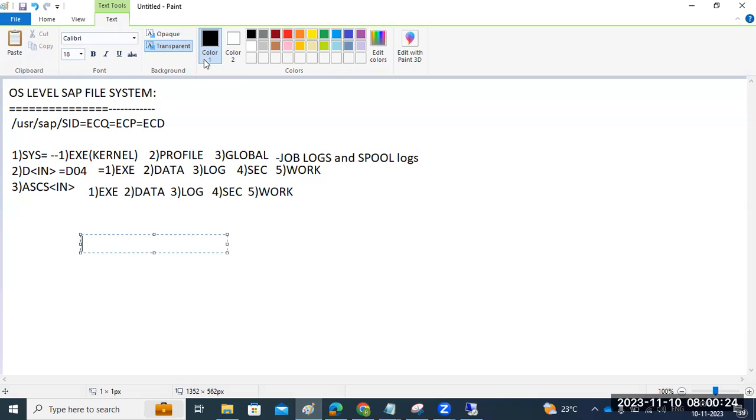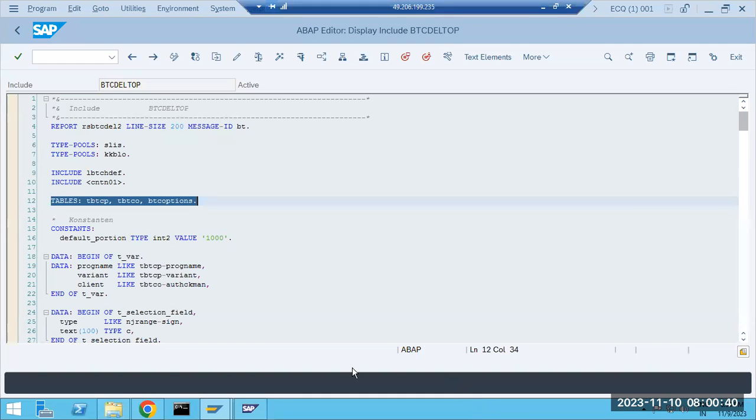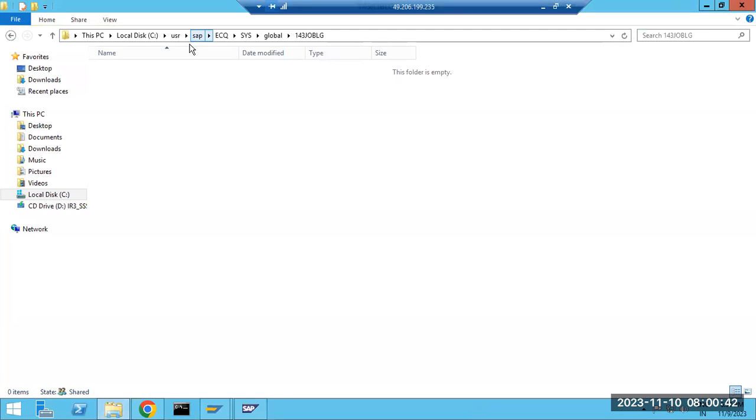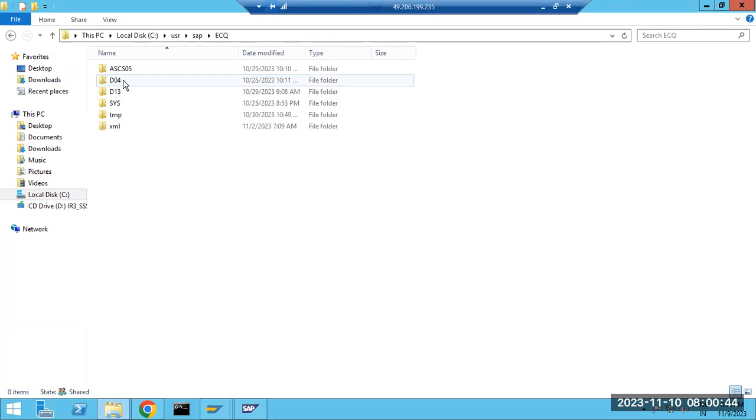Hello. Yes, tell me. You have told that in /usr/sap/system ID, in that system ID, there is the application server ID and ASCS, and we have created another additional application server, but those files are not available in the operating system. Sorry, these are available right here. You can see the data folder, exe folder. These are available, right? Okay. Available. Yeah, just cross check.